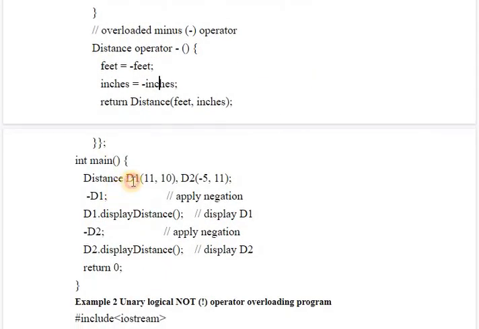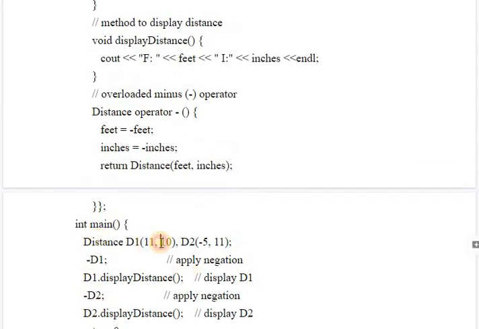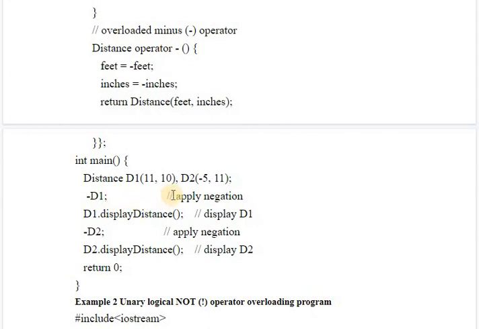This is the main function where we have created d1. To call operator functions, we just need to write the symbol of the operator inside the main function. So the operator function gets called automatically. No other statement is required to call the operator function. Similarly, d2 will be calling operator minus. It will change the sign of your numbers. If it is positive, it becomes negative. So suppose we have entered 11 and 10 here, the values will become minus 11, minus 10. If we have entered minus 5, comma 11, then the minus becomes plus, so it will become 5 and minus 11.